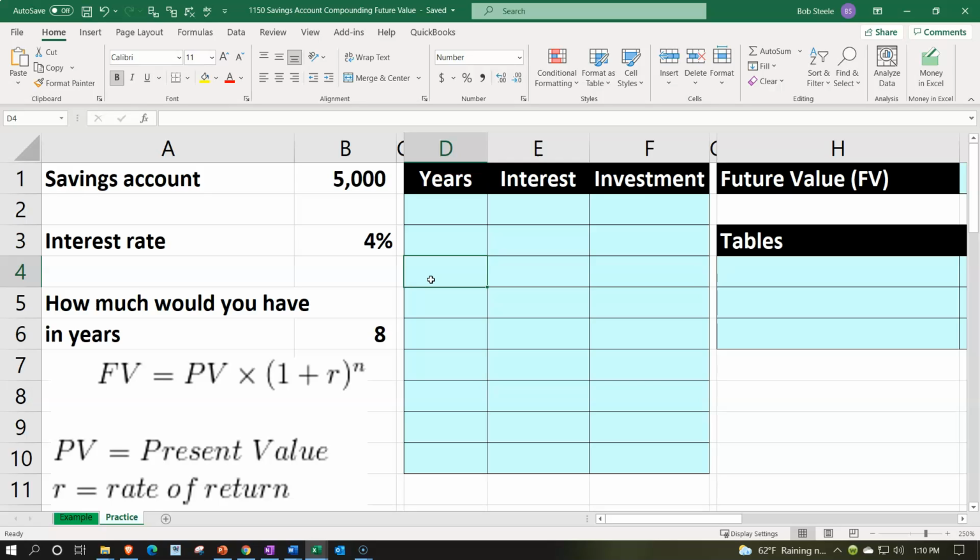Probably one of the most common examples of a future value calculation is related to a savings account, thinking about what the amount will be in the account in the future, considering an interest rate that will be applicable. We can have a similar type of calculation with any type of investment, like stocks or bonds, or any other investment that we're assuming will be going up in value, like land or a home,